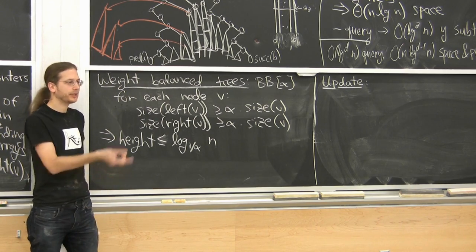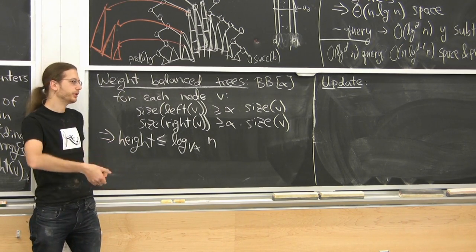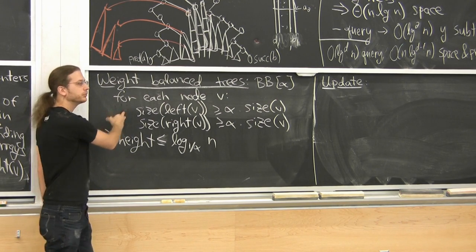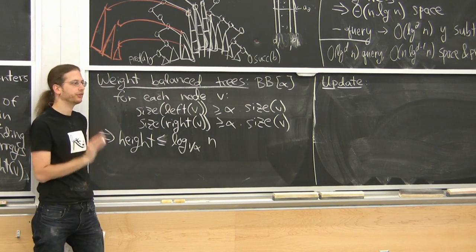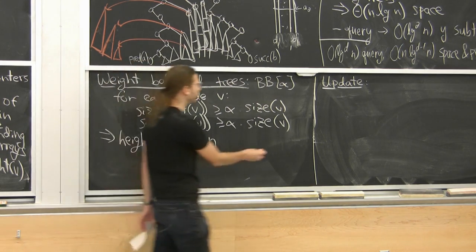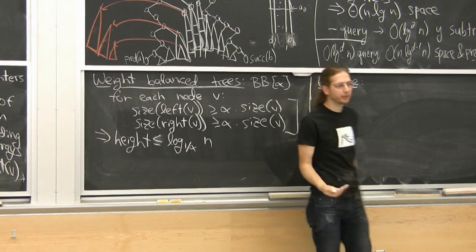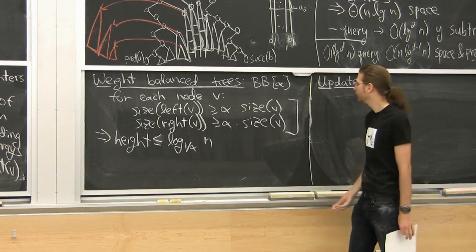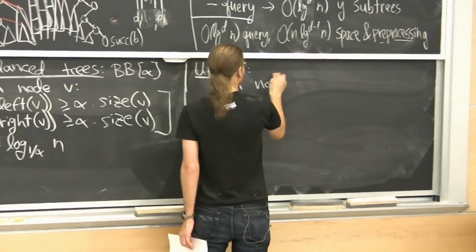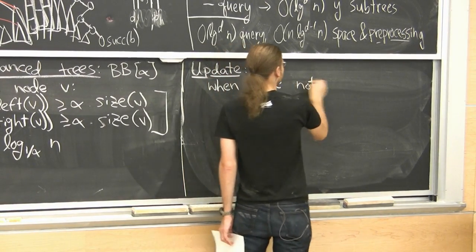And so you have to update that node and maybe its parent. As long as you have weight balance, you're just making little constant size changes at the bottom. Everything's good. Okay, the trouble is when one of these constraints becomes violated. Then you want to do a rotation or something. Okay, so when a node is not weight balanced,